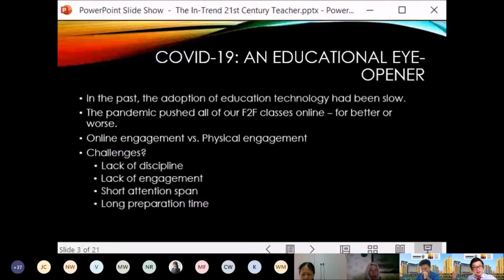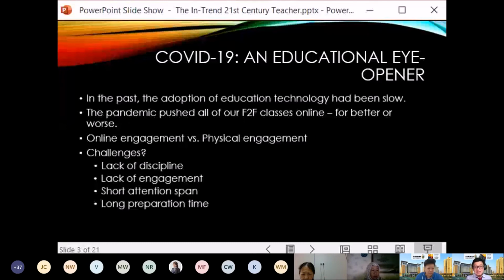Why? Because even if I have face-to-face classes, I will still be using TikTok, because this is the real thing now. This pandemic has really opened everybody's eyes to new technologies, new tools that we can use. Even though we revert to face-to-face class after this, our methods can change, our tools can change. I'm here to tell you, it doesn't have to be the same as a few months ago.